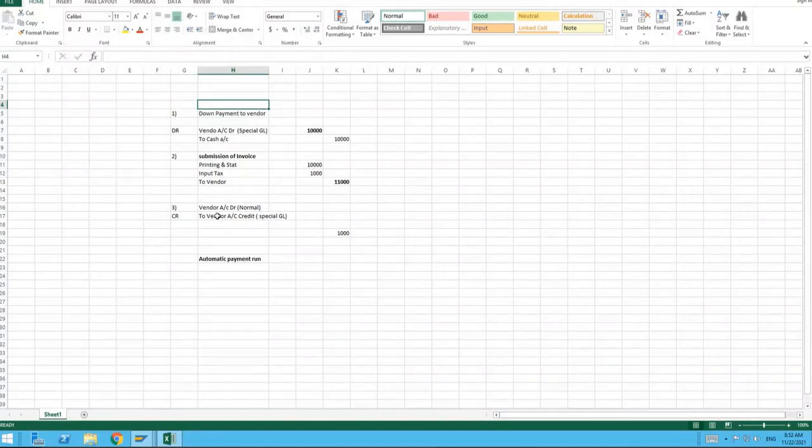We'll see the same thing also in customers. So this is down payment to vendors. In that case, the customer will make us a down payment, and then when we post the invoices, we'll try to settle against those invoices. So it's just the opposite of that. Whatever we did, we'll do the opposite. So we'll see also the settings there. If no one has any questions,